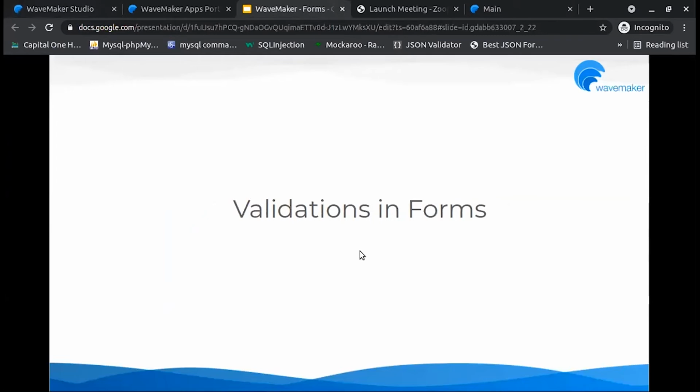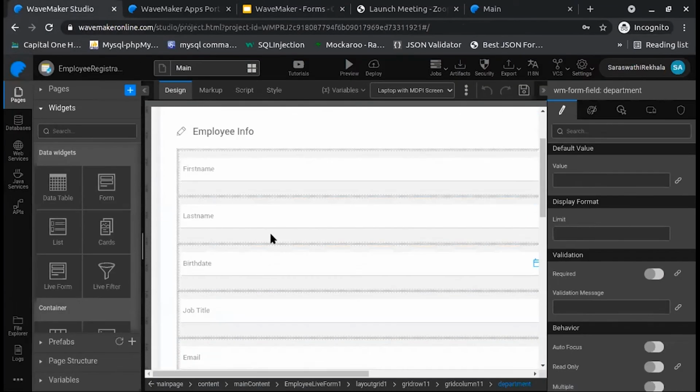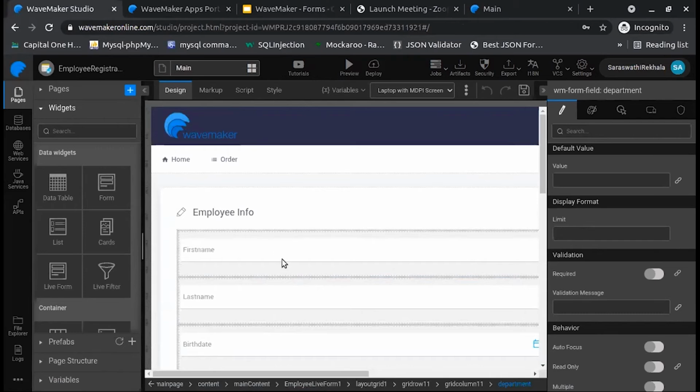So now, validations in forms. What are validations? Validation is a common process of checking the value given by the user, so that the user can enter valid data. Now let's go ahead and implement a few validations in WaveMaker